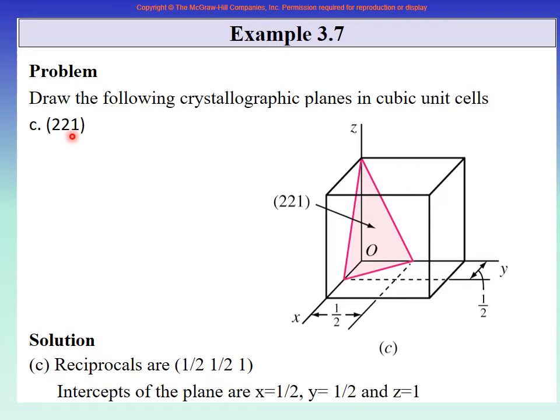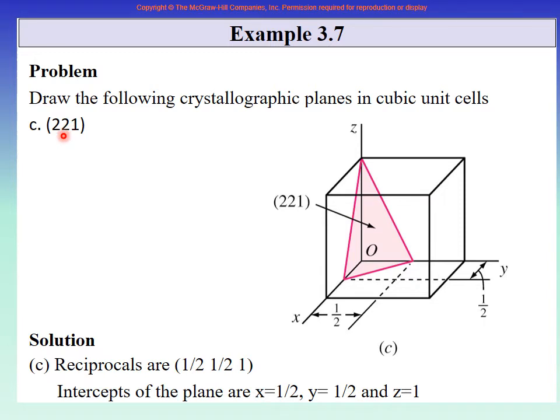So these are the intercepts first. Remember, right? These are the intercepts: 1, 1, half. Yes or no? Then you do 1 upon that, 1 upon that. So rather than doing it, you can directly do this. If you have to do intercept, then directly invert it. This becomes 1 by 2, this becomes 1 by 2, this becomes 1. Isn't it? Because these are the Miller indices.